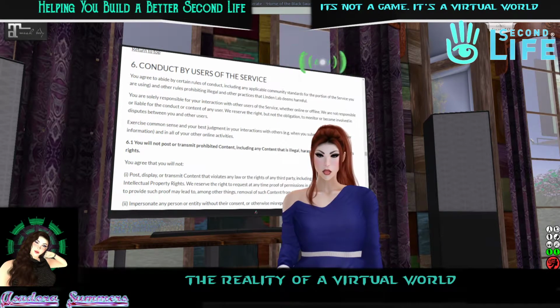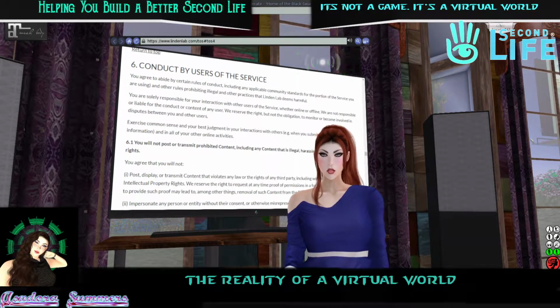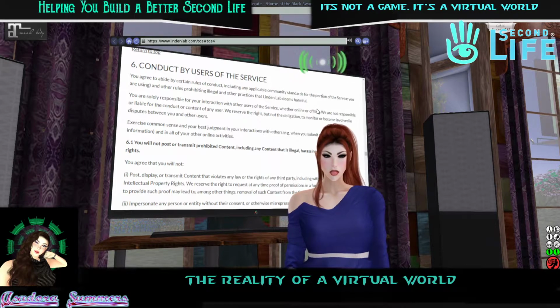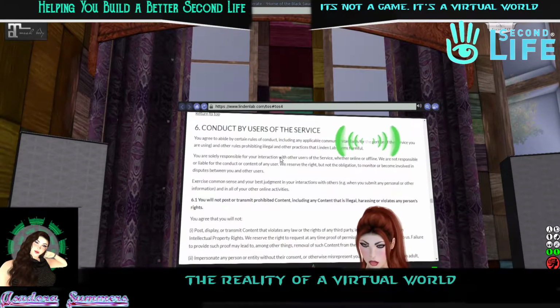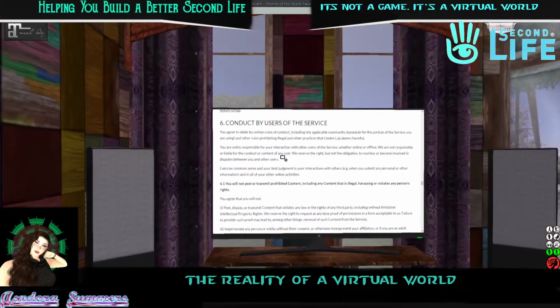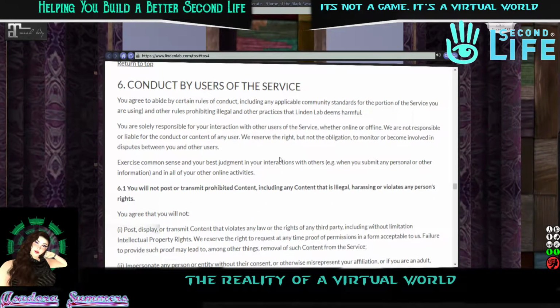This is part 6 in the series of Second Life Terms of Service, and this is a very important section, section 6, conduct by the users of the service. So let me just get situated here. Now, this is a very, very important part of the terms of service because